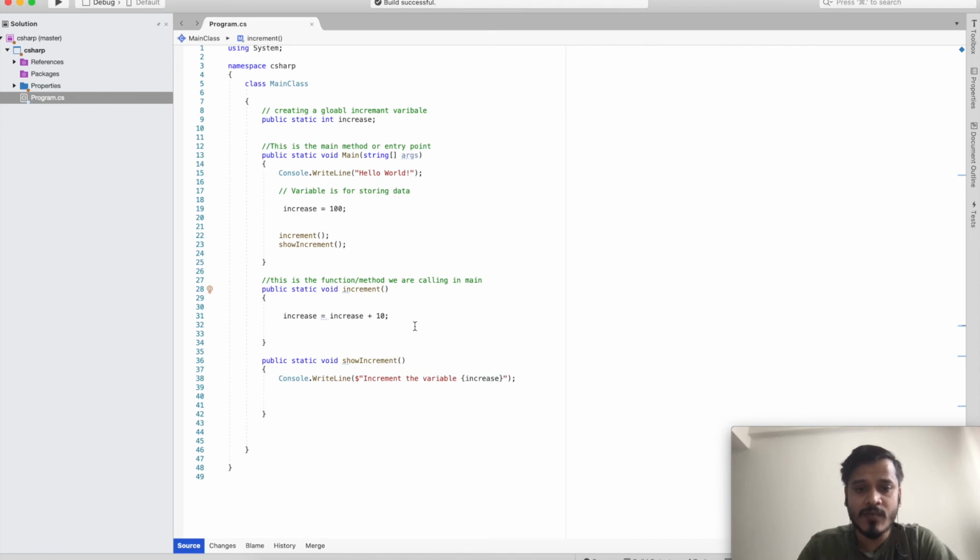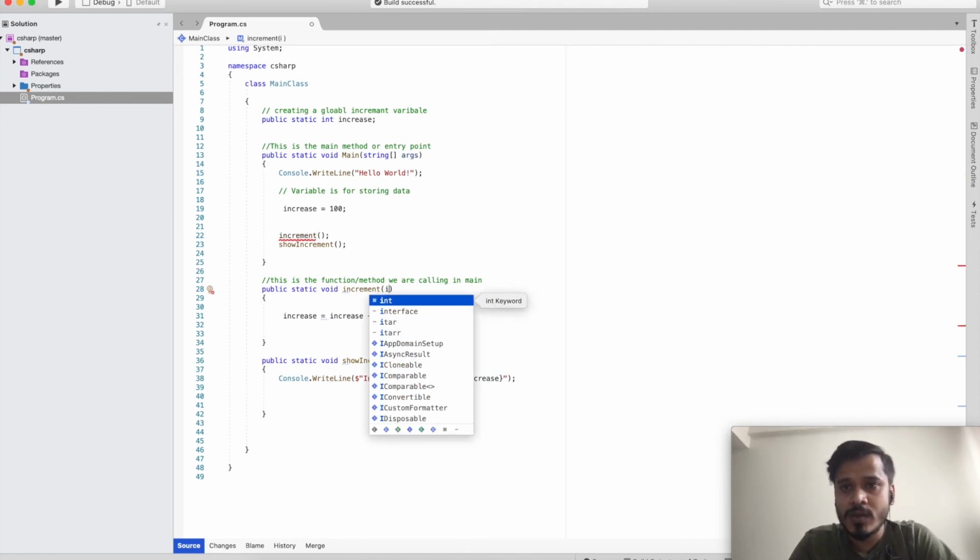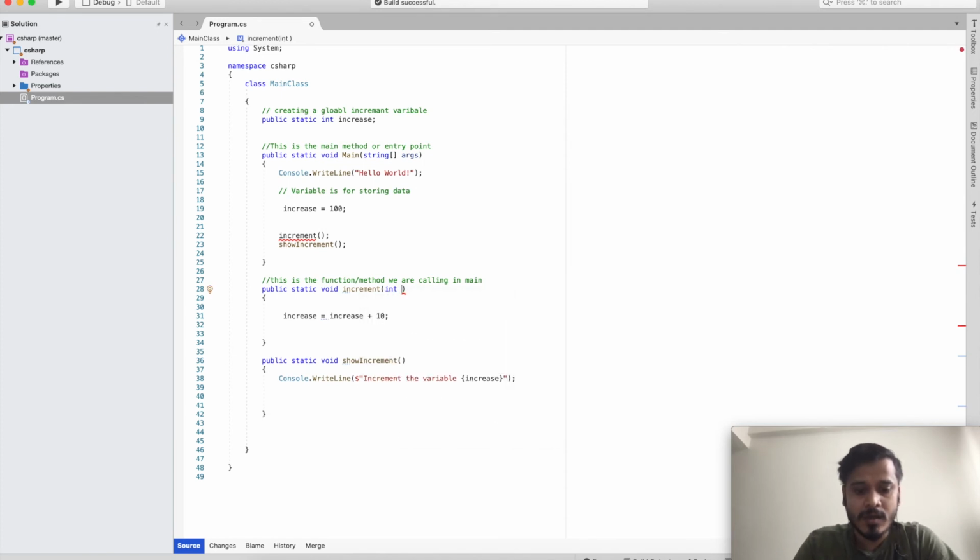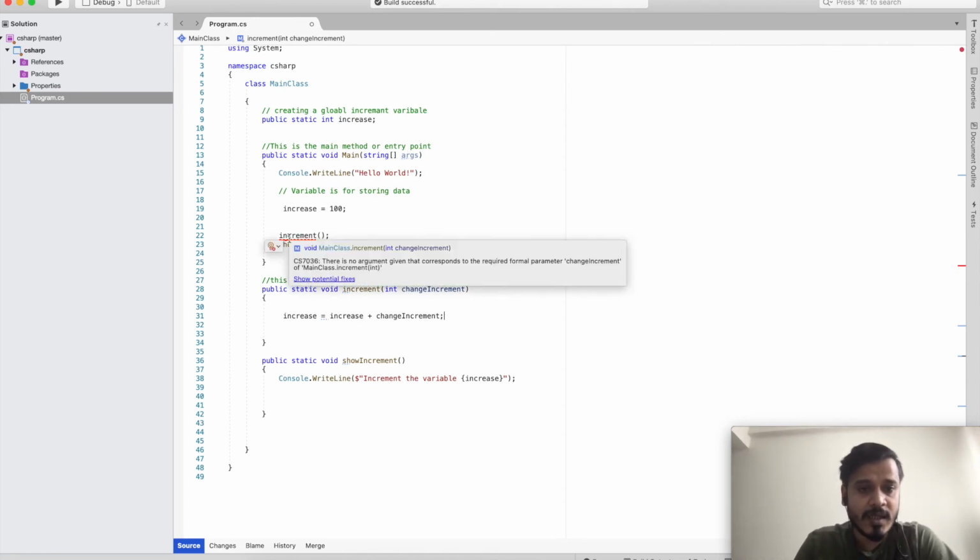In that case I will just use a variable like int change increment, and instead of this variable, I will just use this change increment here. And now, since we are taking the dynamic value here, as we can see there is some issue coming here. I will show why it is coming.